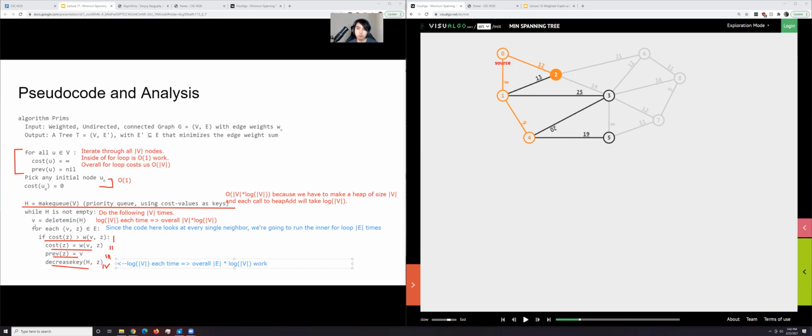Because if we count up all the times we use the for loop, it's going to take E times because we're going to look at every single neighbor. In other words, we're going to look at every single edge in the graph. And the decrease key takes log of V each time. Then we're going to have E times log of V overall, which means that overall for Prim's, the runtime should be O of (V plus E), all of that in parentheses, multiplied by log of